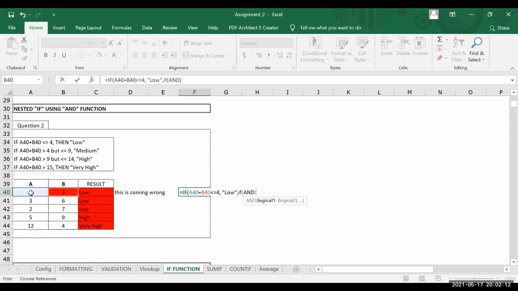So we say AND if this plus this is greater than 4, comma, and you put the second condition that this plus this is less than or equal to 9, right? So in that case, output becomes medium.